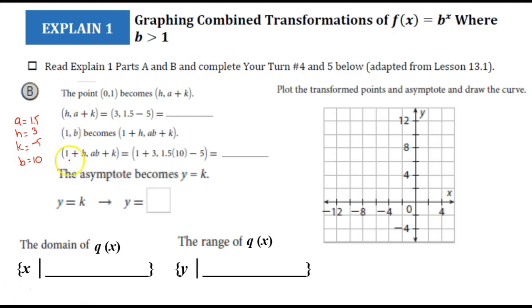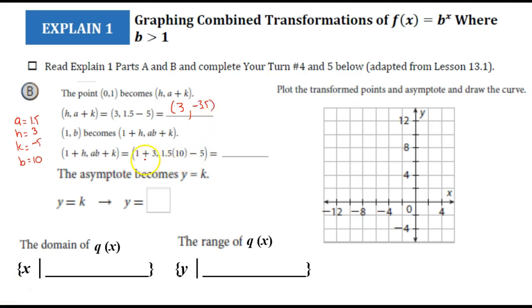So using those values, you'll see here that they started to help us out in finding our first point. Here they substituted in 3 and 1.5 and our -5. So we're going to take some time to simplify that out. So we'll take 1.5 take away 5, and that would be about